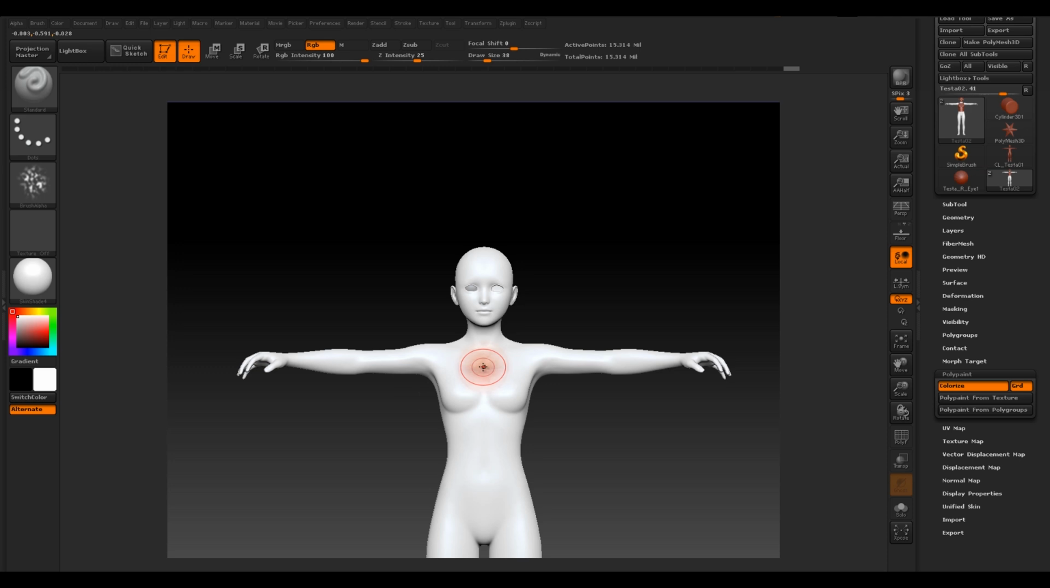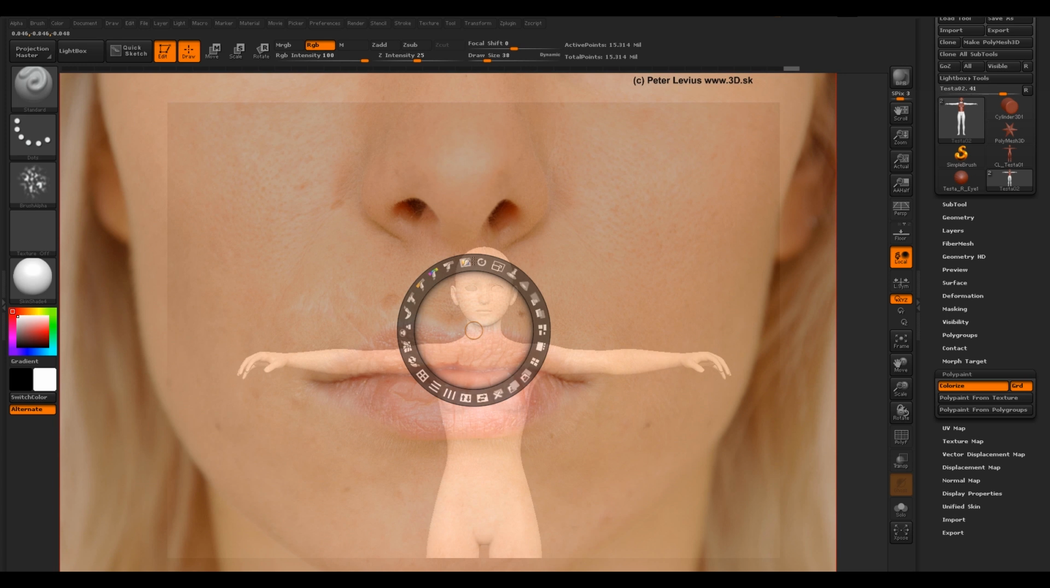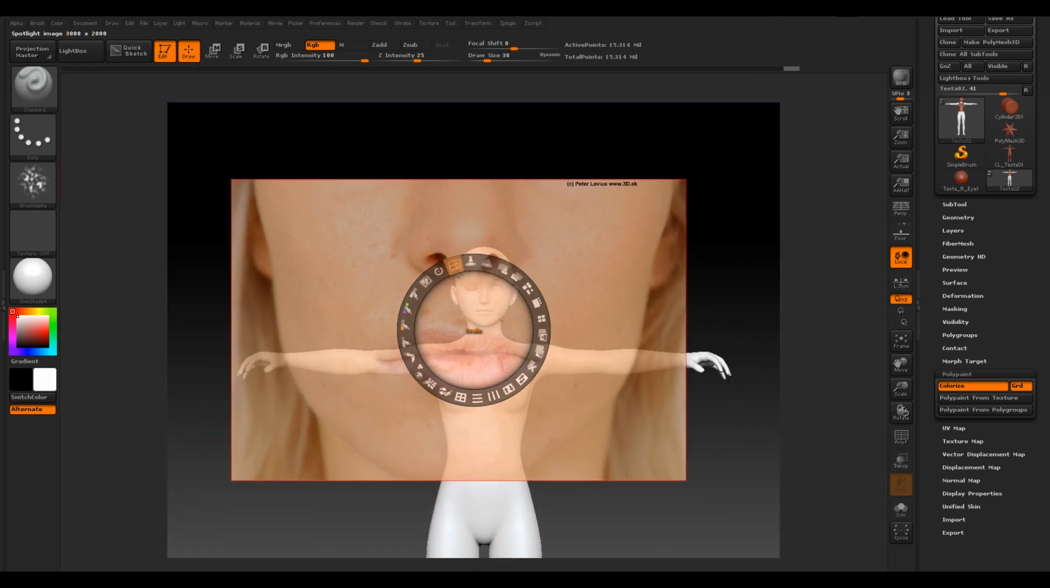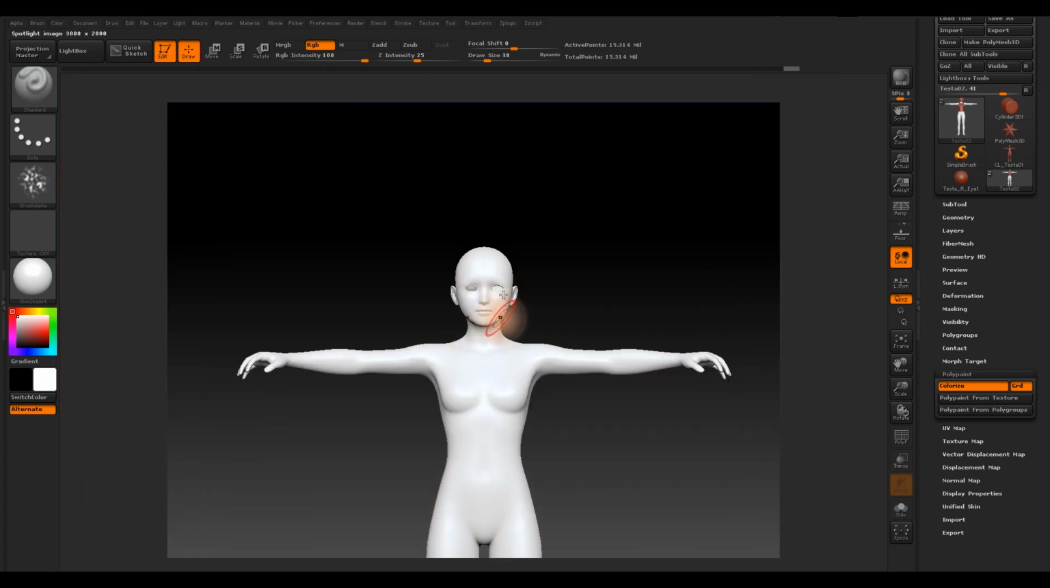All right. And if we start painting on our model, the area that we see in this spotlight radius is what's going to get painted through. So we're basically painting her lip detail right here onto the breast area. And the way this works is it projects exactly where the image is. So what we can do is scale down the image. We can hit Z to get out of spotlight mode. And what we can actually do